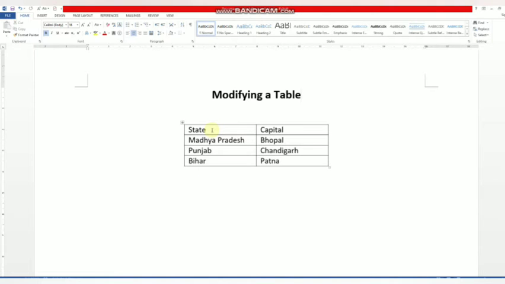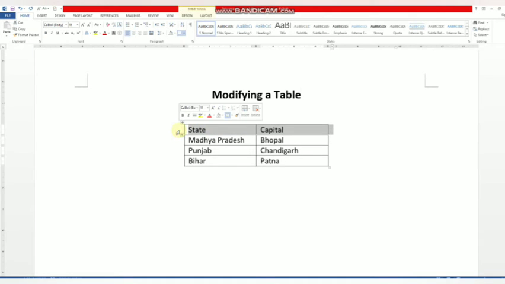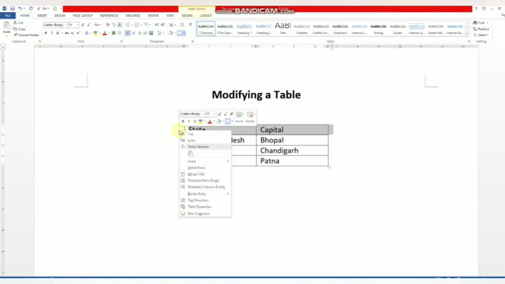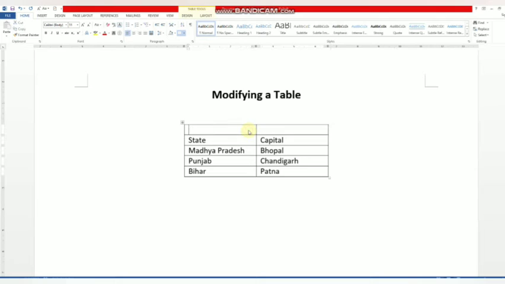If we want to give a name to this table, then here I have one row. I want one row, so select, then right click, insert row above. Now I want to give the name of this table, and for that I have to merge these two cells. These are two cells, but if I want to give the name, select these two cells again.